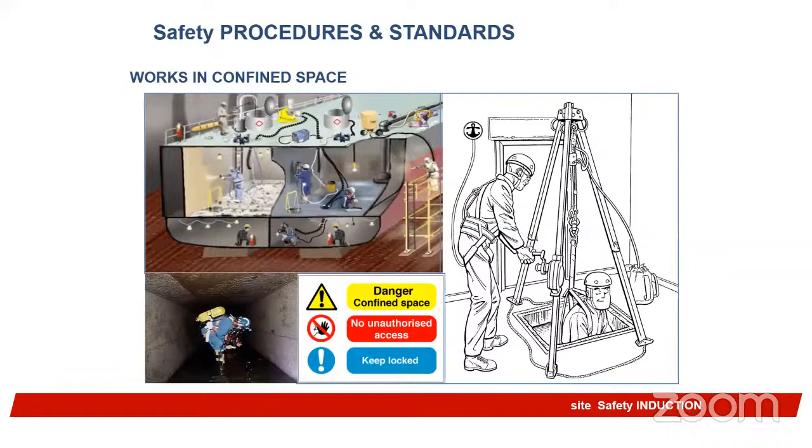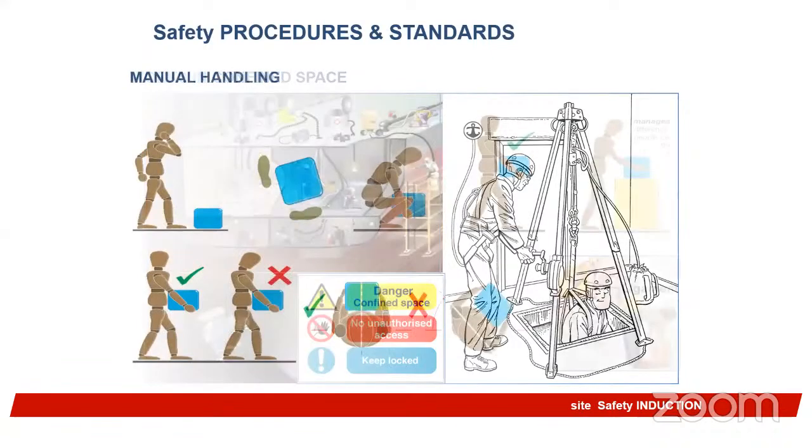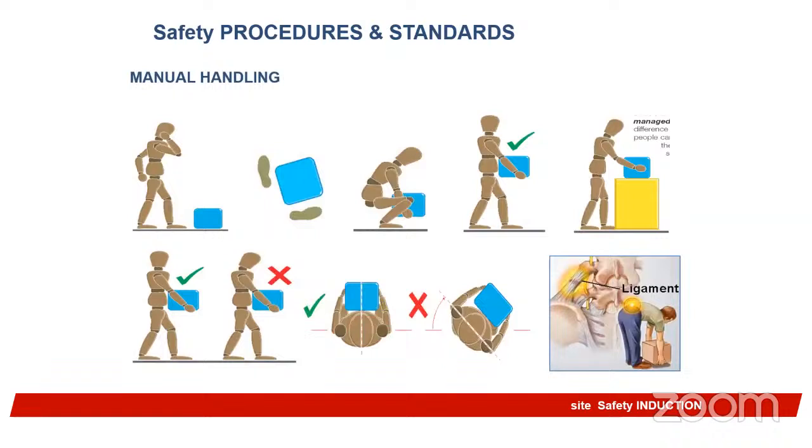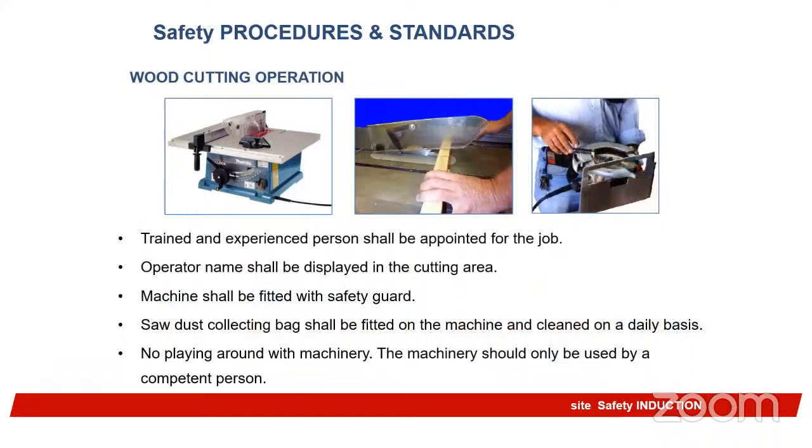So these are just images talking about confined space based on what is obtainable and how people carry out confined space activities. So manual handling, talk about manual handling for those that are doing labor work. Tell them the reason why they need to carry out proper manual handling. Tell them it's for their own long-term effect. They don't call it short-term effect and long-term effect. So talk about this and communicate this to them properly.